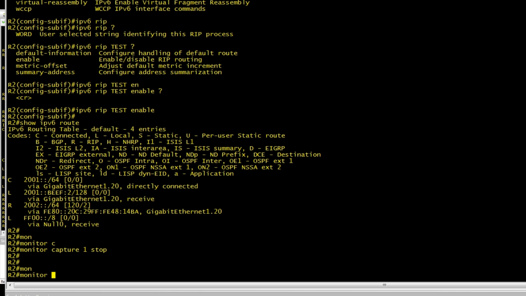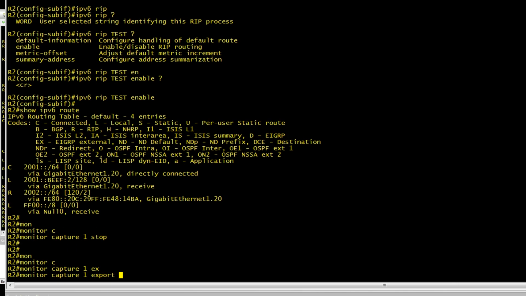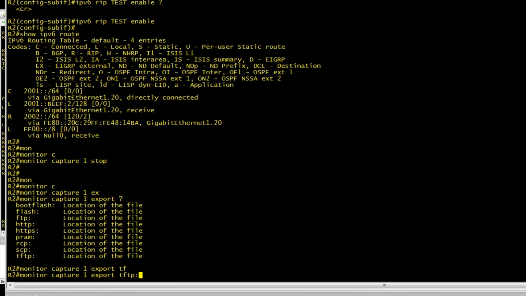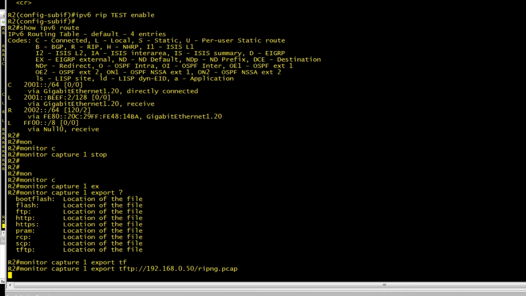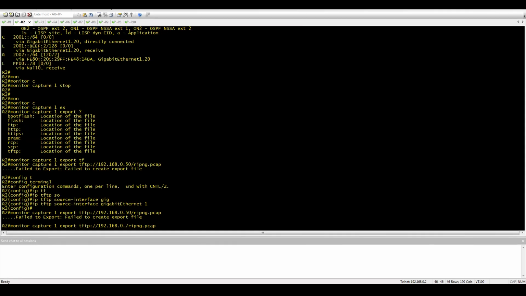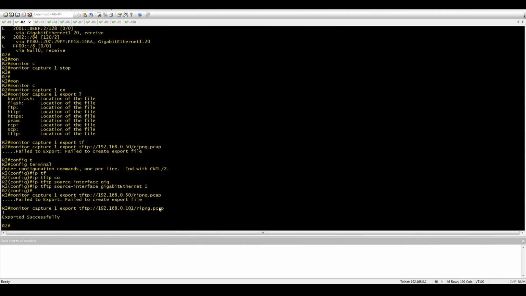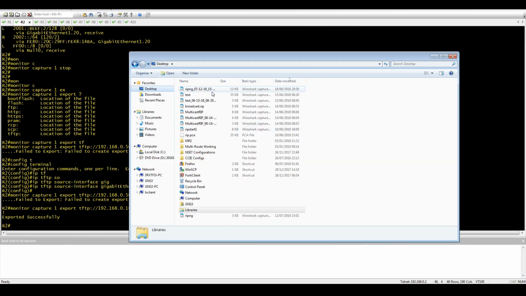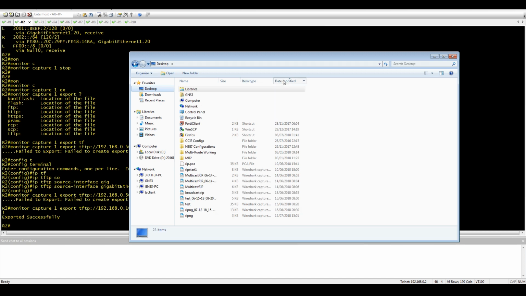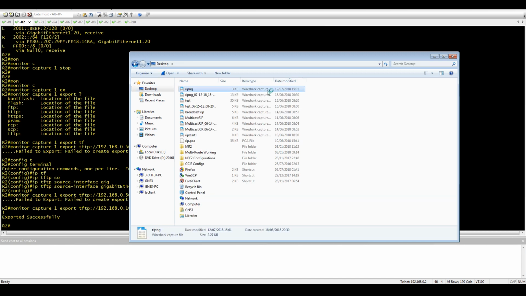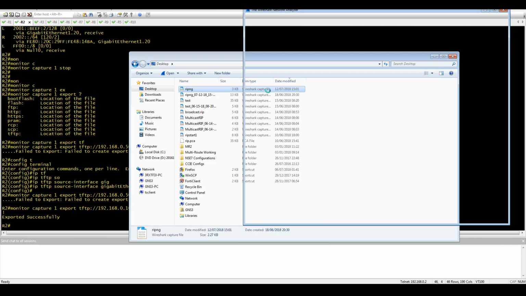So here we're going to do monitor capture 1 export. We're going to export it using TFTP. We're going to pass it to 192.168.0.50, and we're going to call it RIPNG.pcap. So the export is now successful, and if we go to where the export is going to take place, we can see the RIPNG packet capture here, and if we open that up,